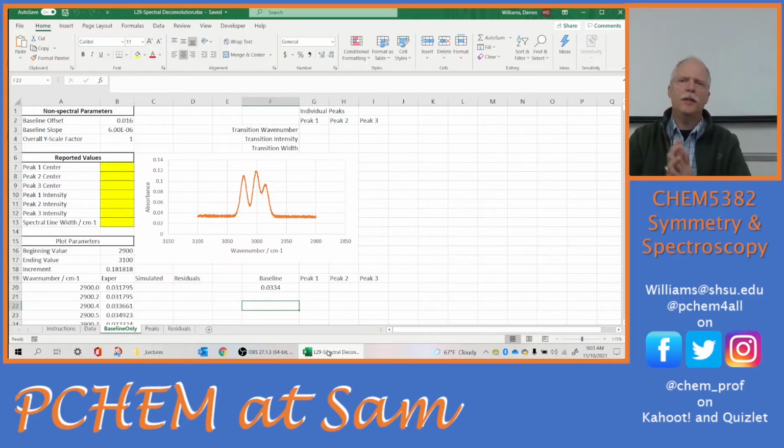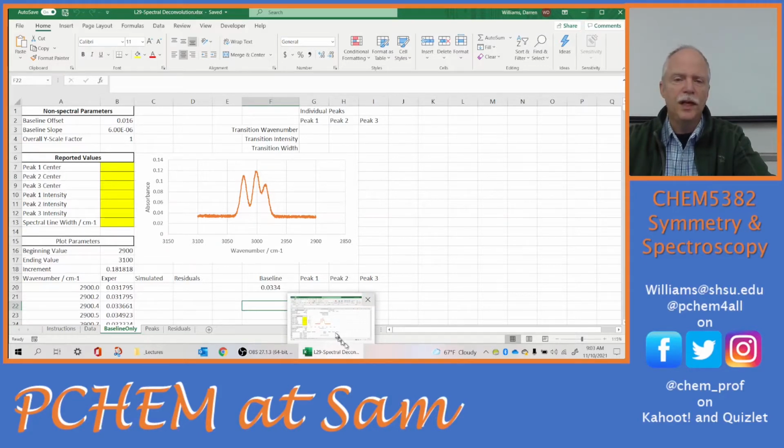Okay, so this morning we're going to be talking about spectral deconvolution. Like I said, most of the times I've used it has been in visible spectroscopy, although I did use it in my infrared work. It doesn't really matter what spectral range you're in. A friend of mine used it in X-ray photoelectron spectroscopy, so it's useful in all those different areas. And what we're trying to do is find the peak center, the peak width, really